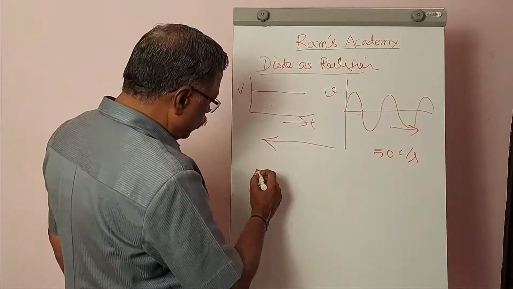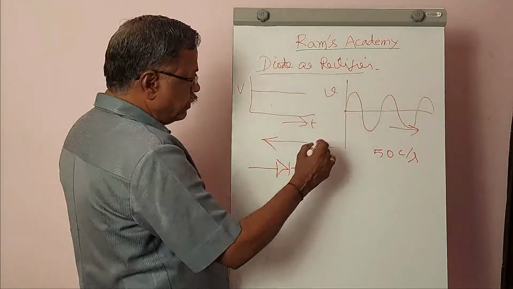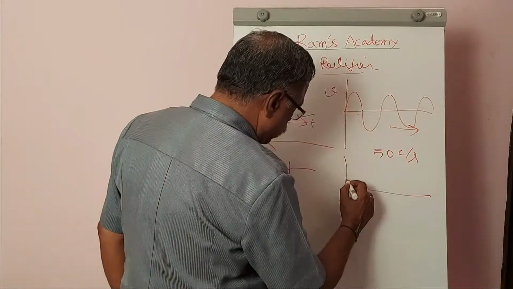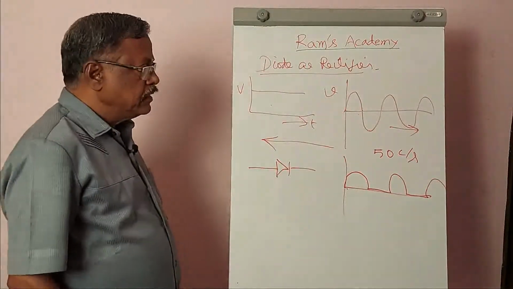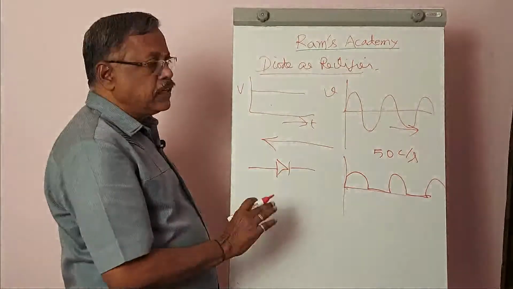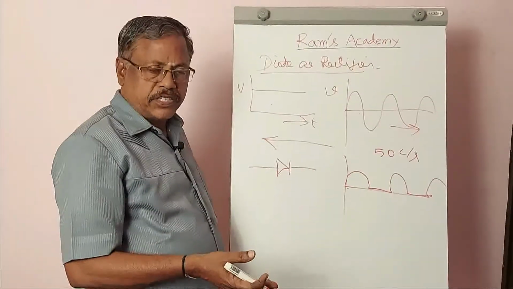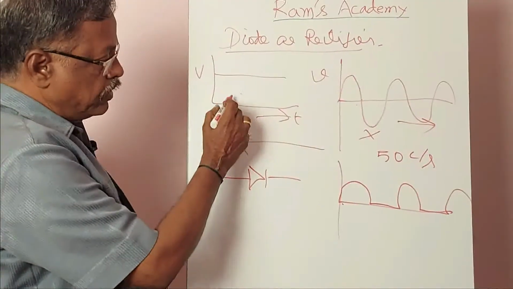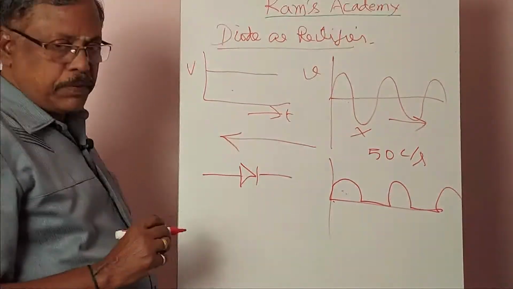Therefore, what you have to do is use a rectifier diode. This rectifier diode will convert this into something like this. That is, the current has to be in only one direction, but the alternation of the direction has to be rectified. The negative cycle is being rectified by a diode. Therefore, this is the voltage we get after rectification.